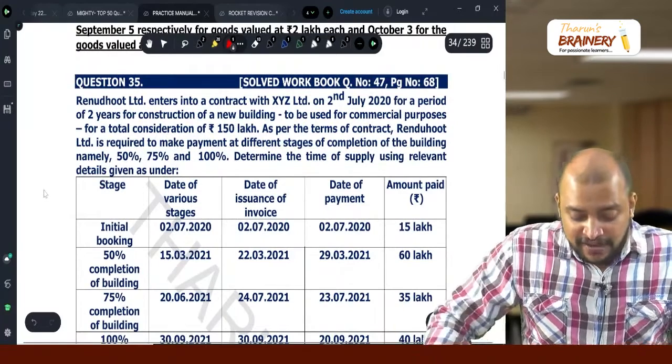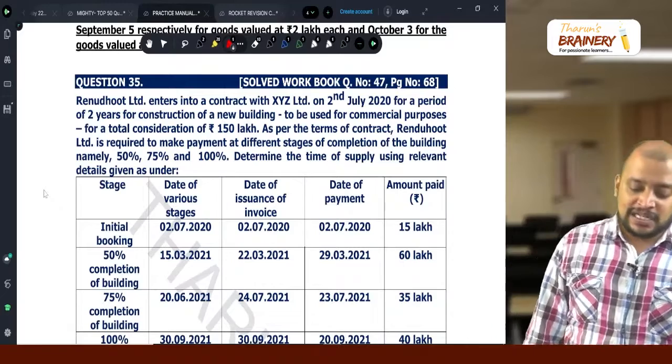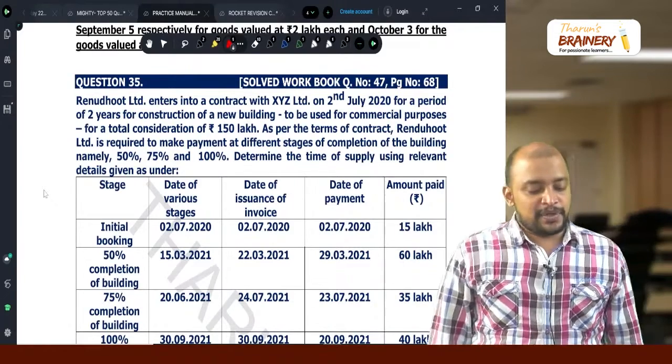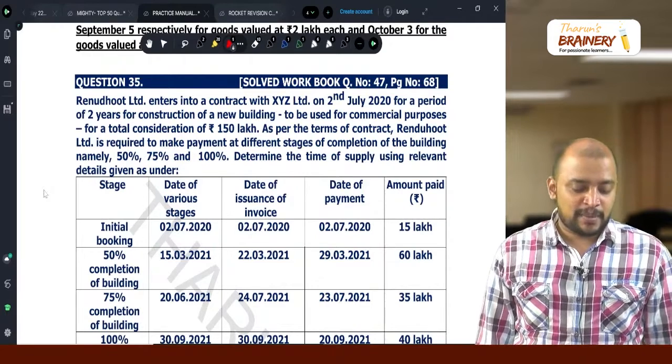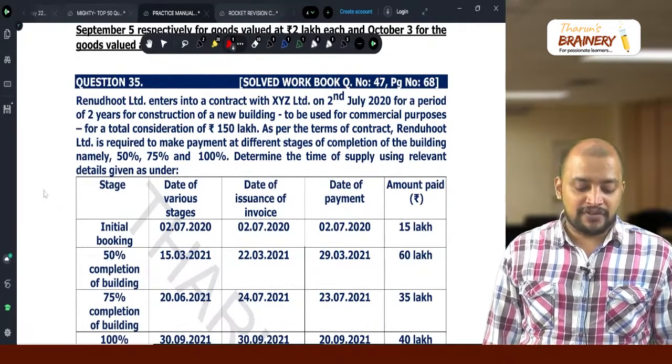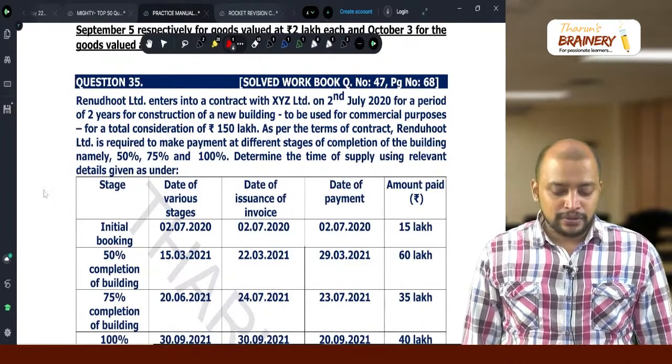Question number 35. Renudut Limited enters into a contract with XYZ Limited on 2nd July for a period of 2 years for construction of a new building to be used for commercial purposes for a total consideration of 150 lakhs. As per the terms of the contract, Renudut,